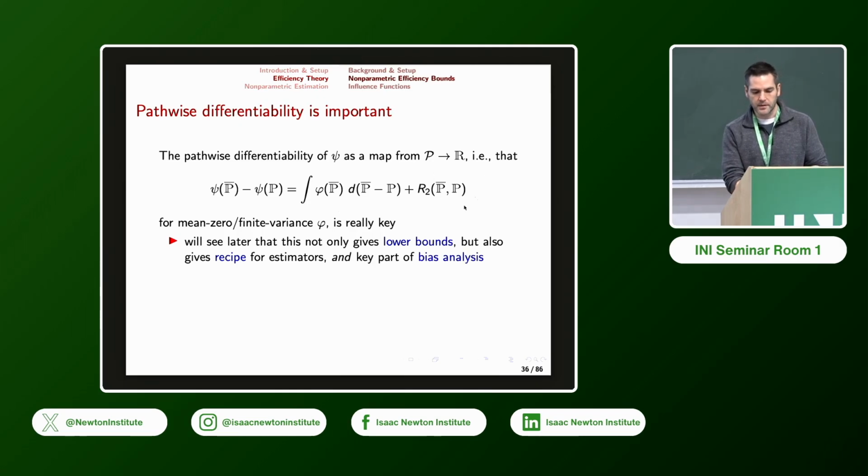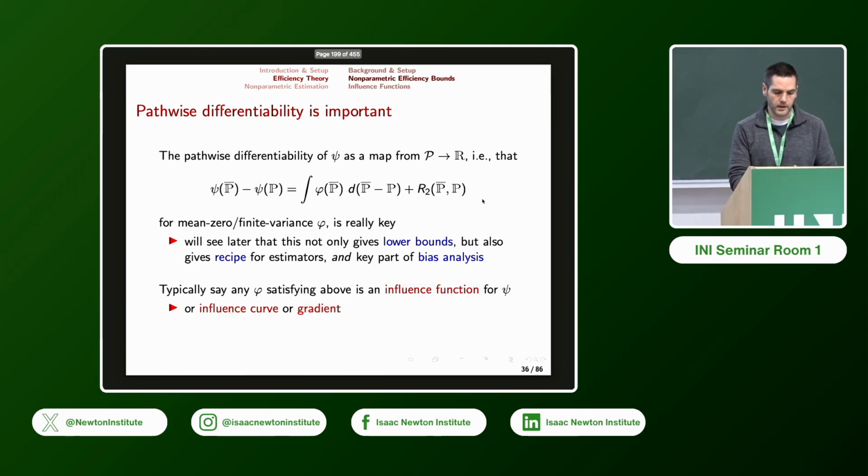And then proving that this remainder term is second order, which is really showing that this expansion holds, is really analyzing the bias of these estimators. So once you have this piece figured out, you've really solved all three of these problems all at once, which is pretty neat. And yeah, really the key part in all of this is the remainder term and this function here,